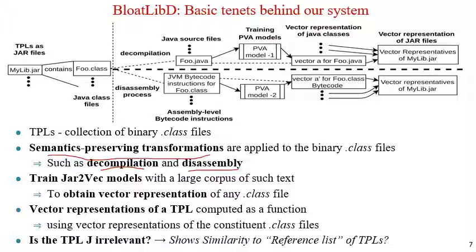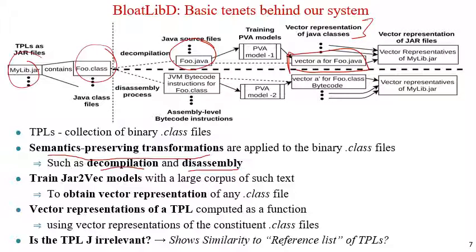Okay, so once we have those best performing models, what do we do? We obtain the vector representations corresponding to the source code that we had. Now, once we have the vector representations of the source code, we again go back to this jar file. Let's suppose it had five class files. Just an example. So these five class files now have five vector representations corresponding to their five source codes,